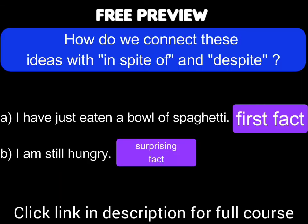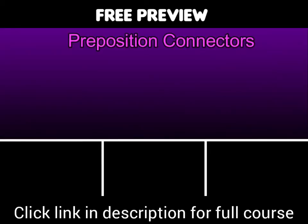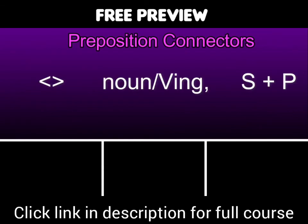How do we connect a first fact and a surprising fact with in spite of and despite? Let's check. First, make sure you have the right structure. Remember, there are two options. So let's look at the first one now. So we have the connector, then a noun or verb ing, comma, and then the clause, the independent clause, subject, predicate. So